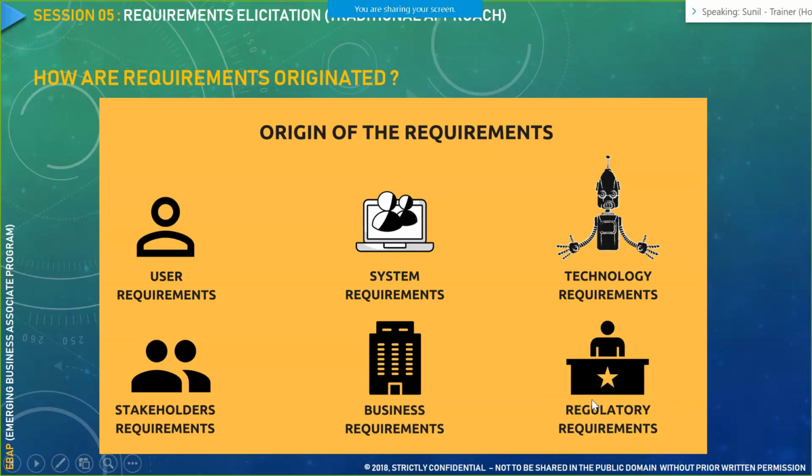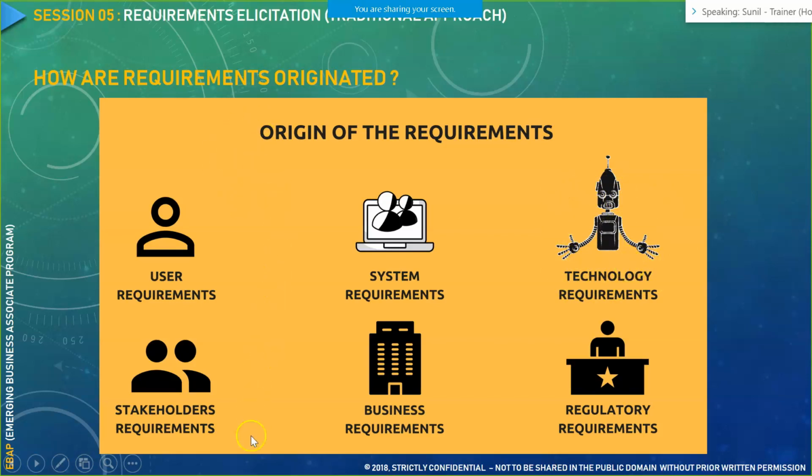Regulatory norms are something that is at the highest level. Regulatory requirement, no one can deny. You have to implement it. Otherwise, your system would be termed as non-compliant. So a regulatory requirement is a mandatory requirement that you have to have in your particular project. You cannot skip it. User requirement you can skip to a certain extent by your prioritization technique. System requirement, again, can be prioritized. Your technology requirement can be prioritized, essentially given by your technical team, like your development team or the solution architect or your solution designer team, whatever the technical team is.